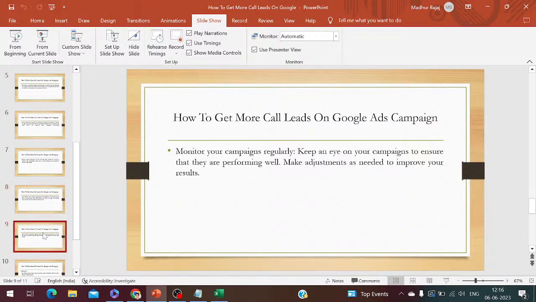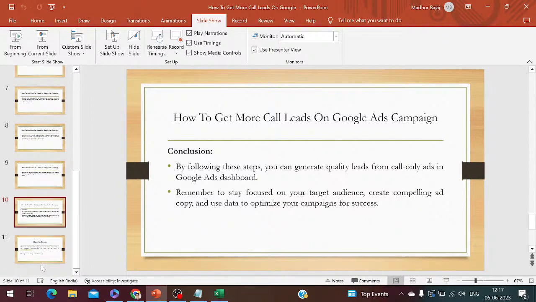All right, and then you have to monitor your campaigns regularly. You have to keep an eye on a campaign to ensure that it is performing very well. It's very important that you make adjustments as needed to improve your results here. Okay, then to conclude this, guys, if you follow the steps, you can generate quality leads from call only ads